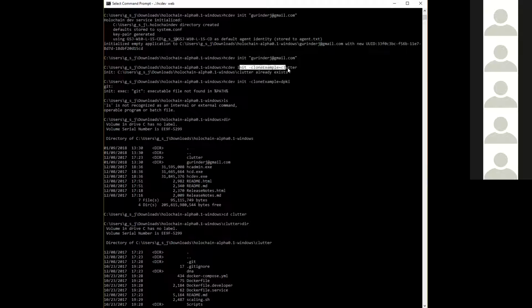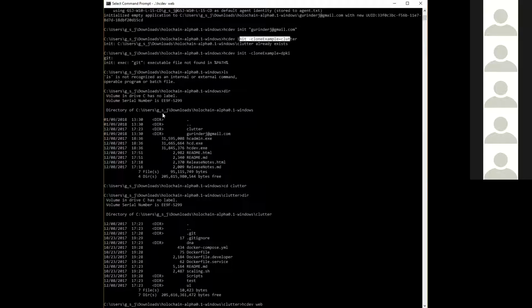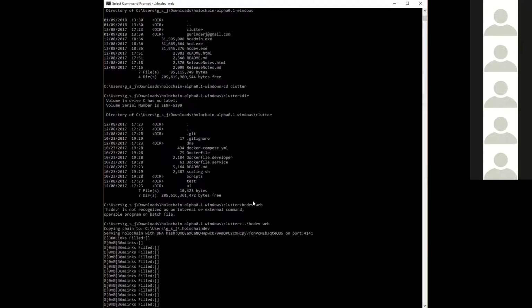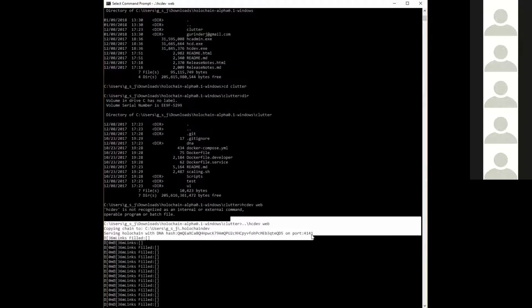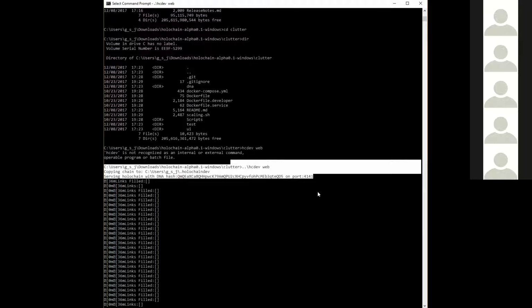Clutter already exists, so I didn't bother with it. So I did cd clutter, and this is hcdev, copying chain to users G_S_G. That's my local directory.